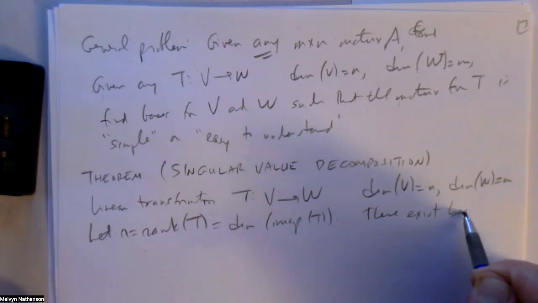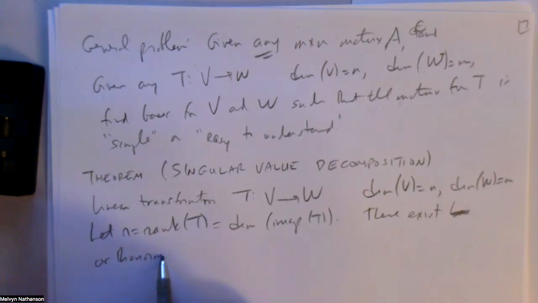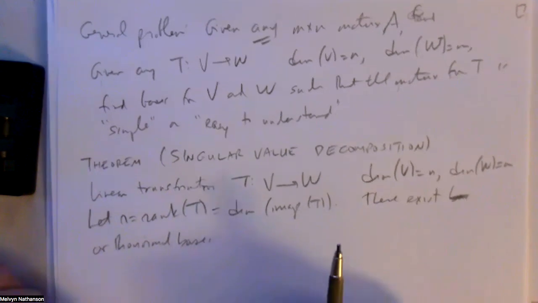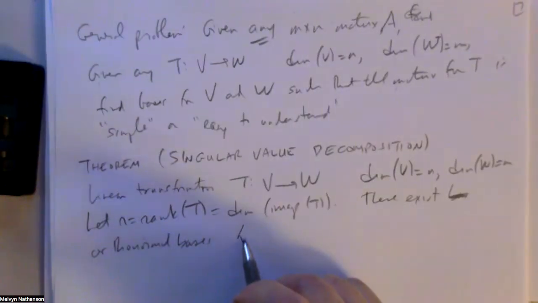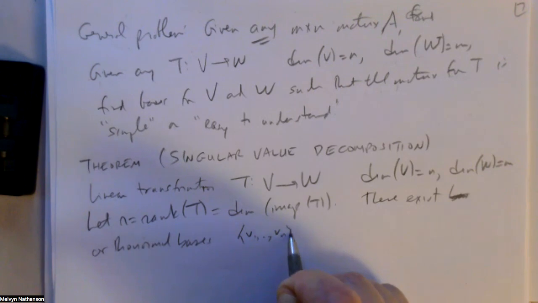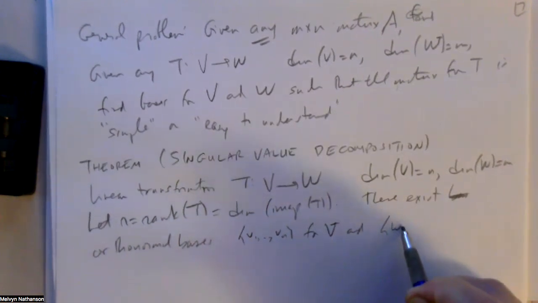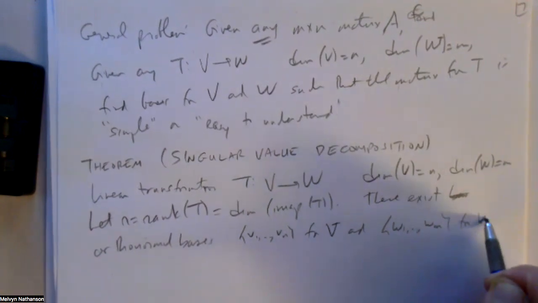There exist orthonormal bases. That means in each orthonormal basis, every basis vector has length 1, and every pair of basis vectors are orthogonal or perpendicular. So there exist orthonormal bases v1 up to vn for V, and w1 up to wm for W,